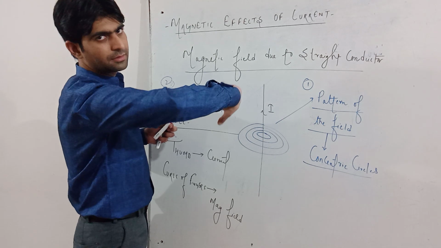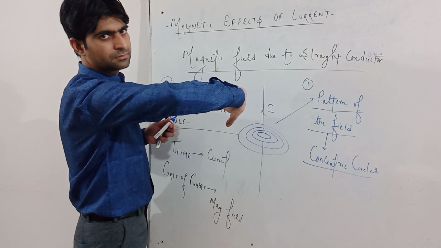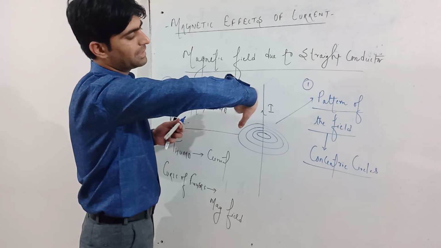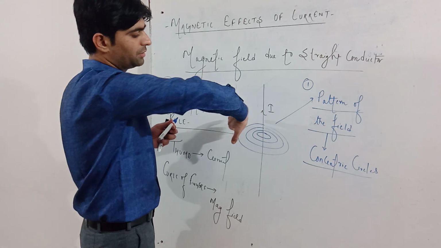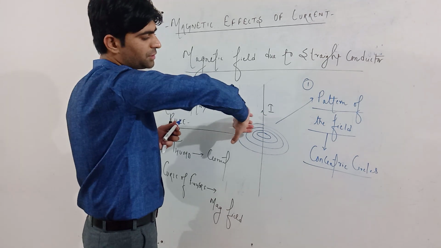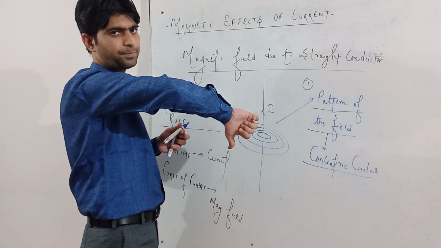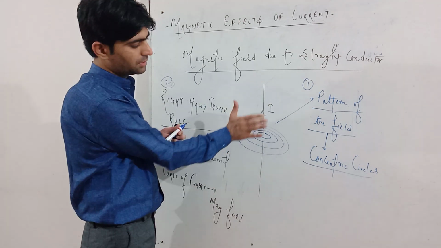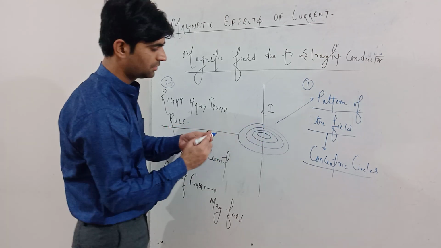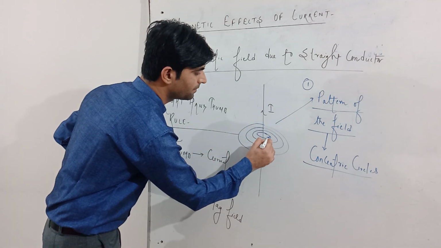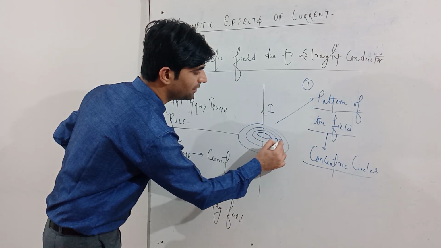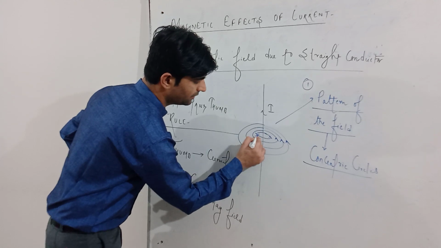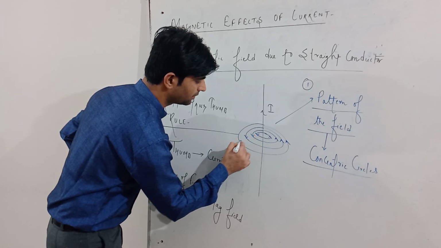If we keep the conductor like this, suppose we reverse the direction of current, then how do we hold it? In this way. So it will go inward on one side and outward on the other. Since the direction of current is upward, the curls of fingers are like this. So the direction of magnetic field at the right hand side will be into the plane of the paper, and it will come out. So at the left hand side it will be out of the plane of the paper.